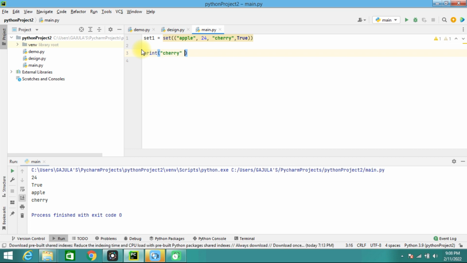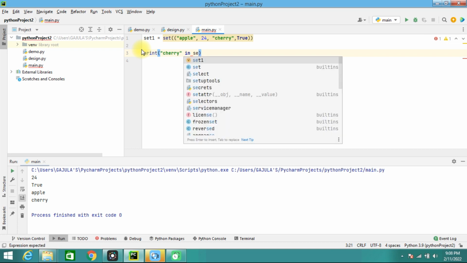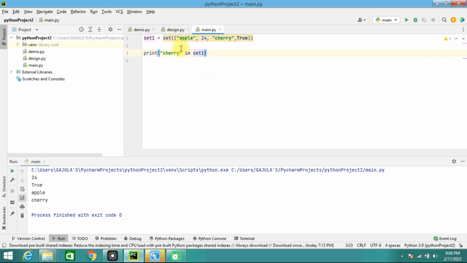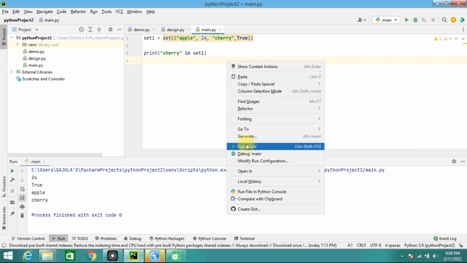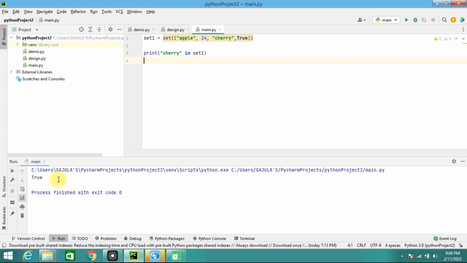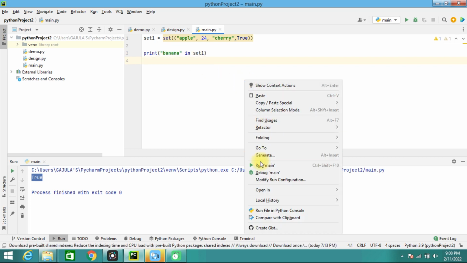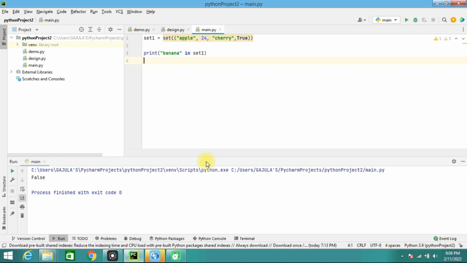In order to find that, I'm going to use in set1. If I use this in, I'll be able to retrieve whether the element is present or not. Here if it is present, it will return true. If it isn't, then it won't. So here I'm going to use banana then, and if I run it, I'll get a false